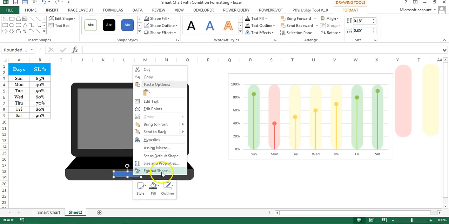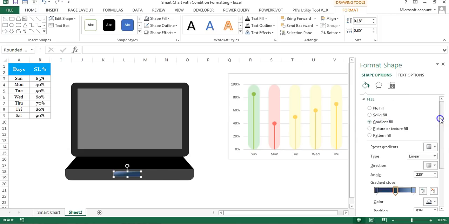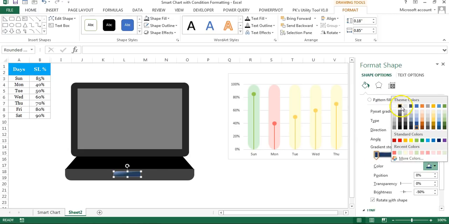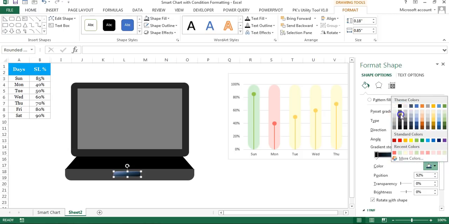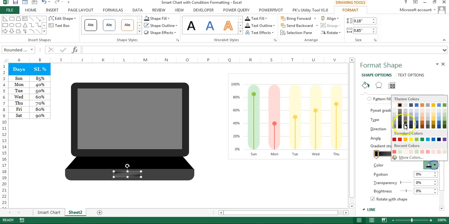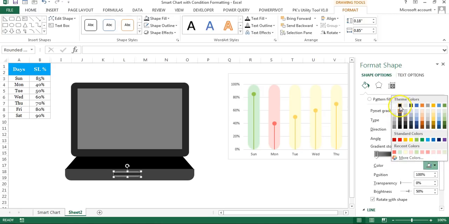Right click, go to the format shapes, and I'll select here gradient fill. I'll choose first here, let's say this black one, then the second I'll choose little lighter, the third one I'll choose again this black, or let's for the first one choose little lighter, the second one we'll choose this black, for the last one we can choose, let's say, again black.